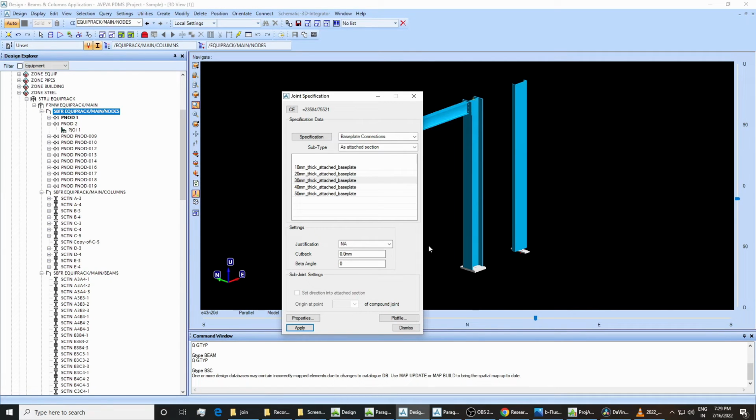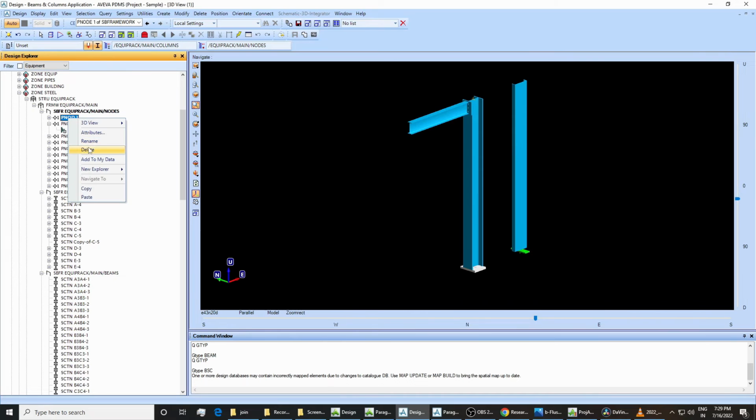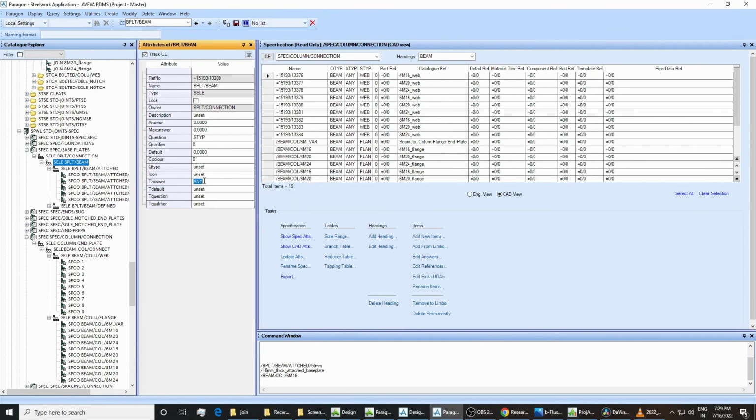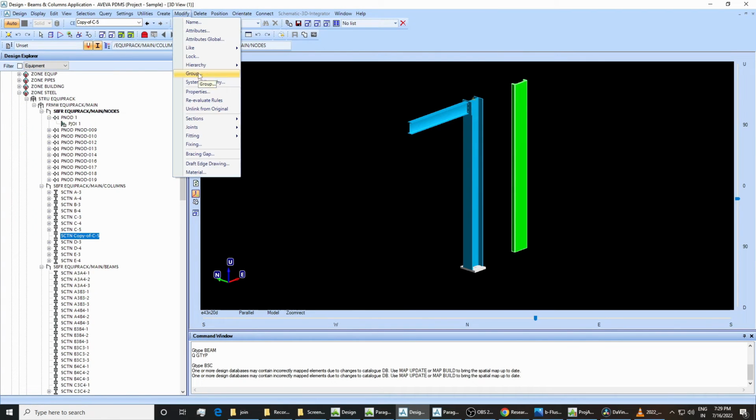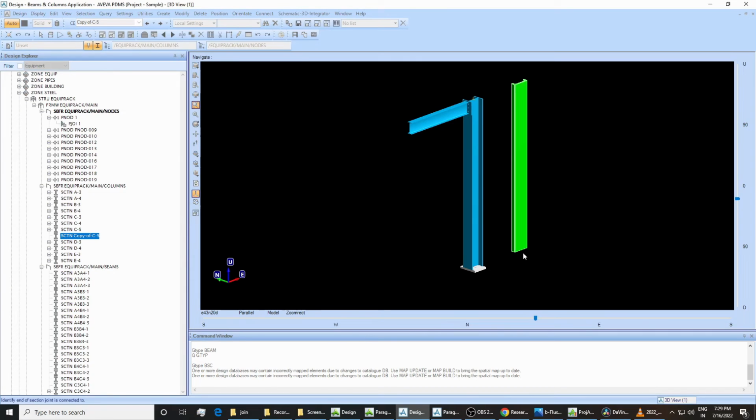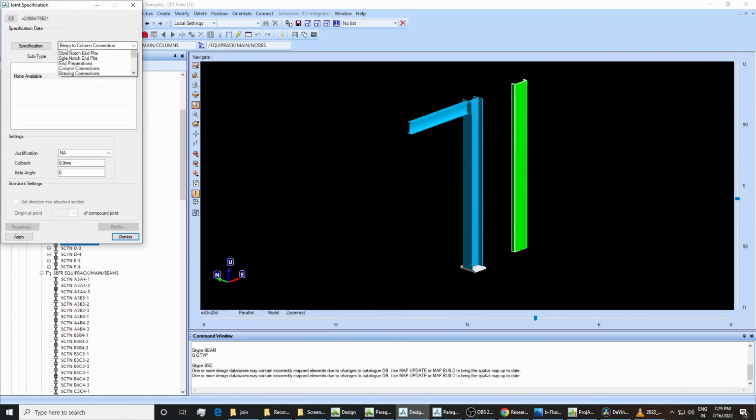So geometrically it is not correct, but it is defined there, and we will modify this in a later episode. Okay, so now we can delete this, and if we change it to what it was before, to like a beam. Okay, so again, if you perform one small save work and do one get work here, then if you perform this action again, modify joint specification, click at the end of the attached section, then again we cannot